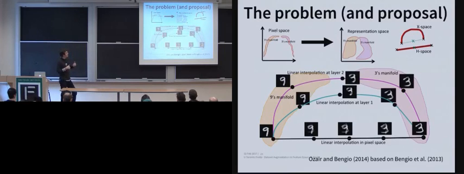Now what happens is when we do representation learning, we smooth out and expand the volume of this space, such that if we do interpolation at the hidden layers, we start generating resulting images that look like the domain. If you're doing interpolation at the second layer of something like an autoencoder, you'll get something that actually looks like somewhere between a 9 and a 3. So that motivates the idea of why don't we consider doing augmentation not in input space, but in a very generic way in feature space.